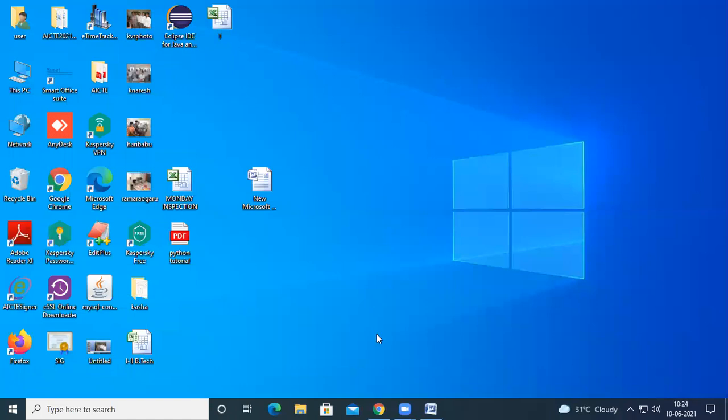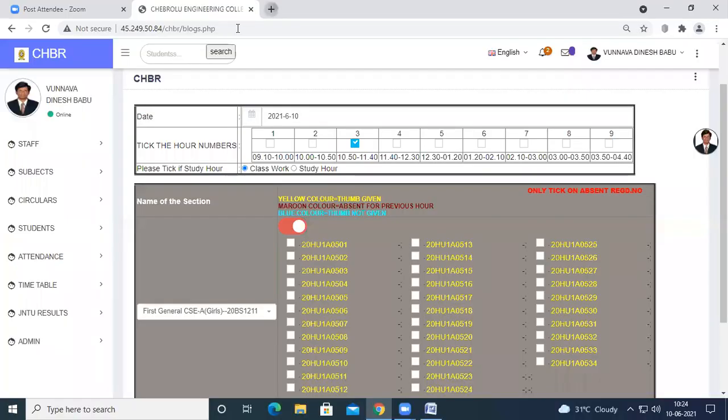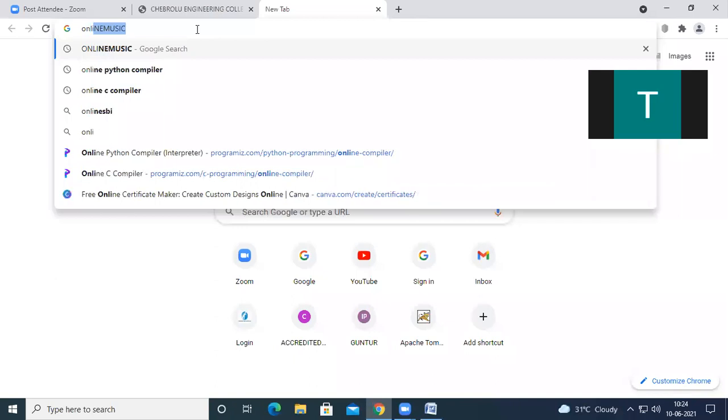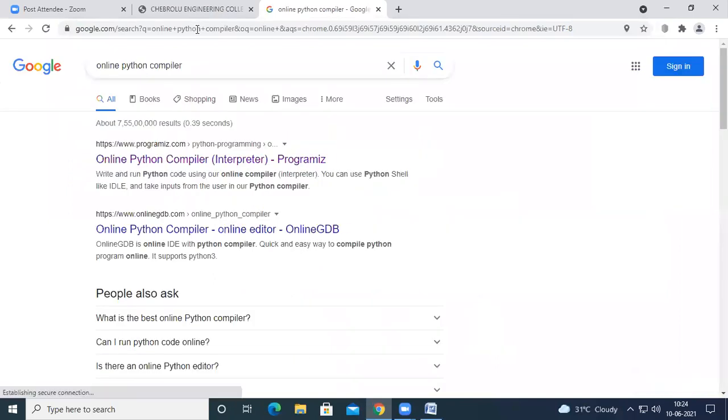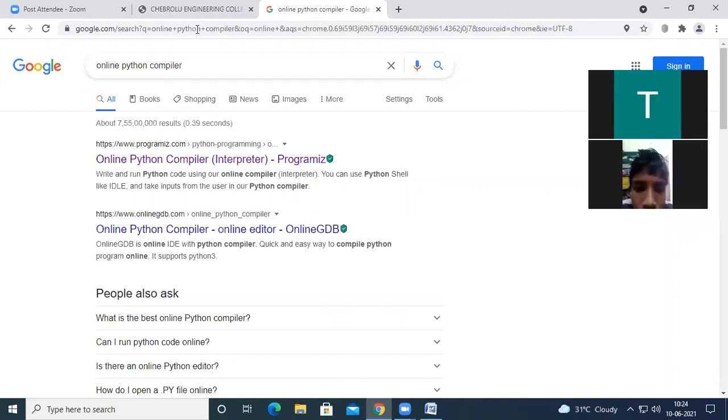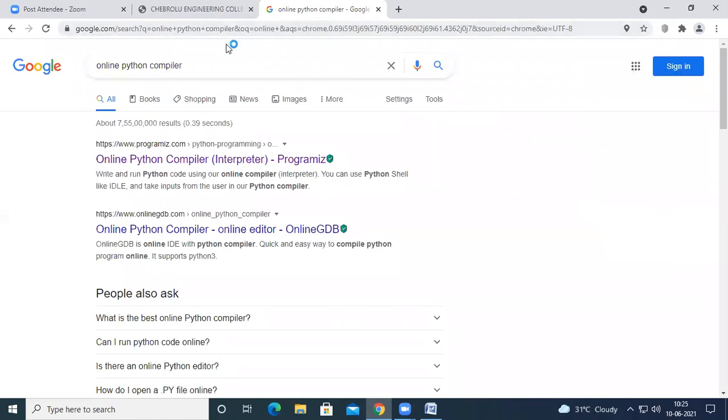From the last class, we started learning about strings in Python. We had seen that we can define strings in single quotes, double quotes, or triple quotes. We also saw how to access strings by using index values, how to slice a string, how to concatenate two strings, and how to print a string in reverse order.